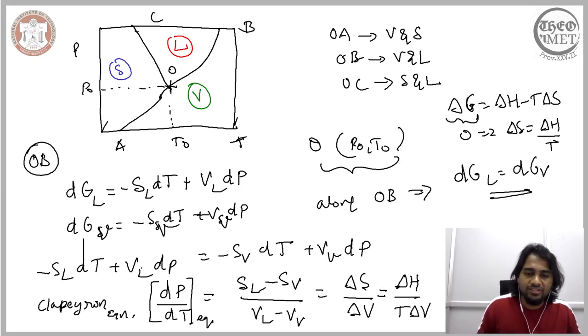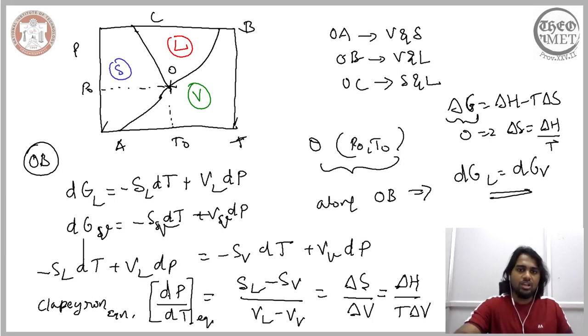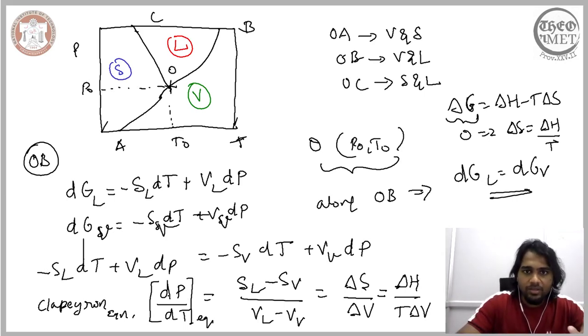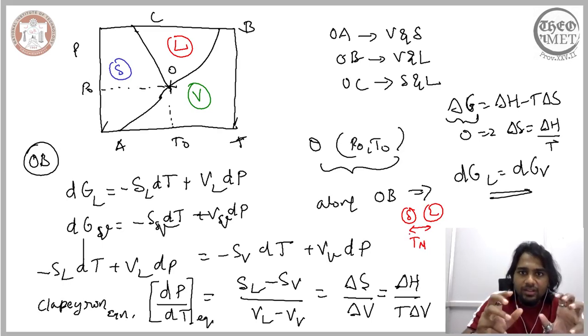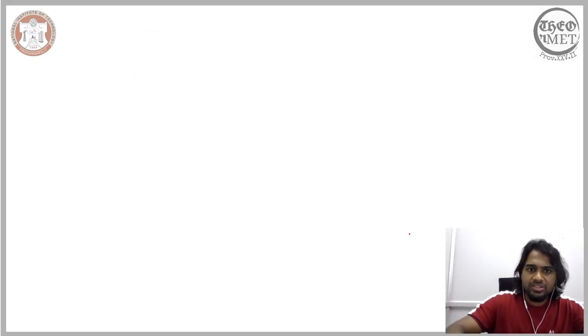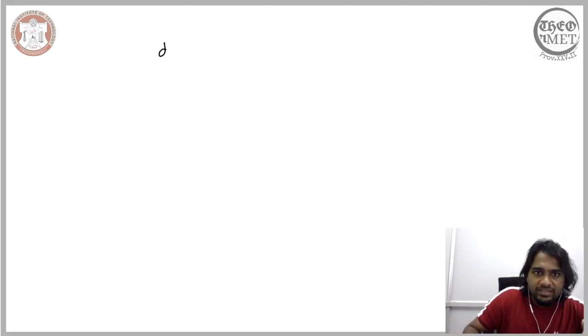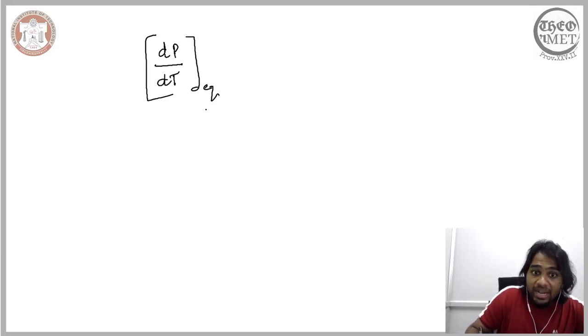Now the simplistic case here, the way to understand this, is to suppose we are considering just two phases, solid and liquid. And the equilibrium between these two phases is achieved at the melting point. So at a given melting point, we are able to establish the equilibrium between solid and liquid. So what the Clapeyron relation gives us is dP by dT, the change in the pressure and temperature at the equilibrium.